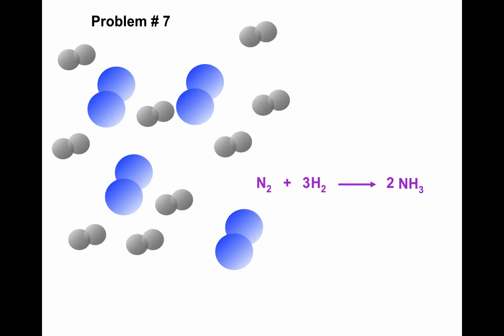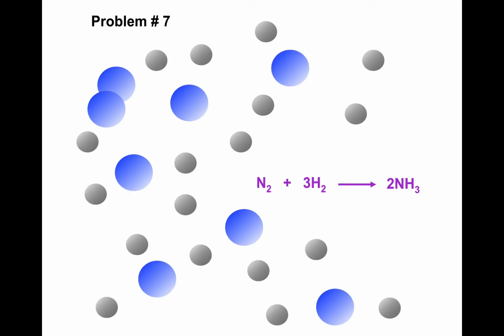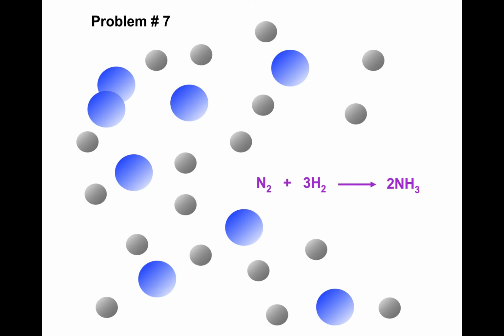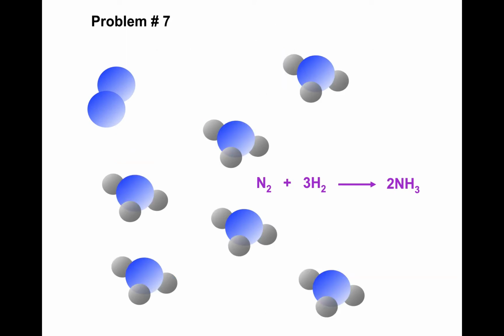And the analogy I used in class was when you were a kid and you had a Lego airplane and you wanted to turn it into a Lego house. The first thing you had to do was tear it apart, pull all the Legos apart. Well, it's the same thing with these molecules. You have to pull the N2s apart and the H2s apart in order to put them back together to form something new. So the way they come back together is you have 3 hydrogens connecting to 1 nitrogen to make